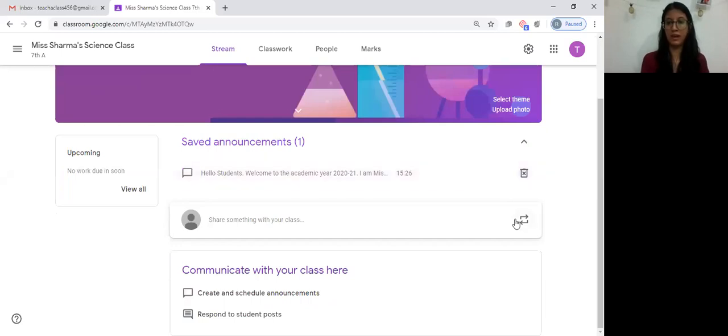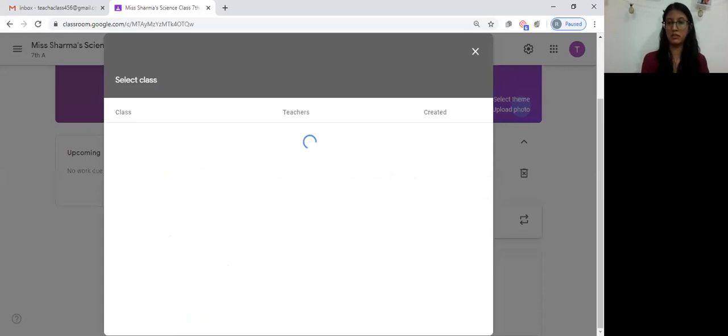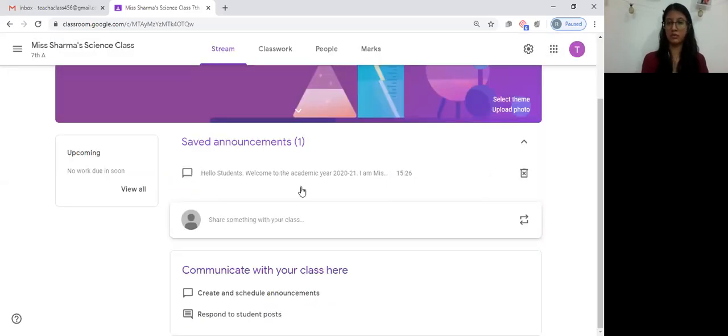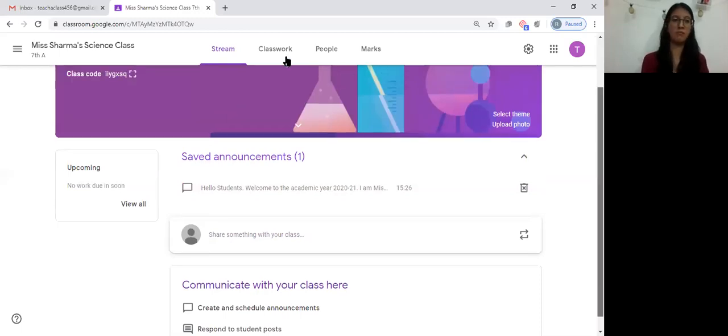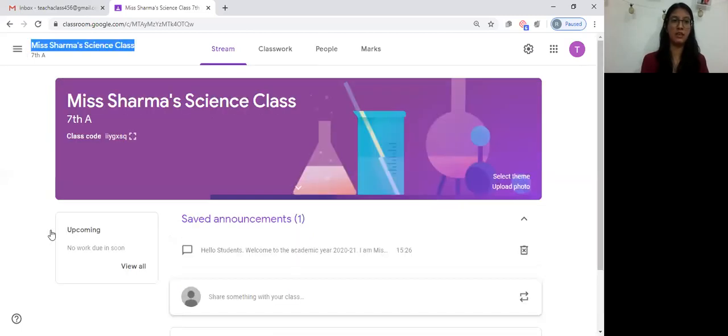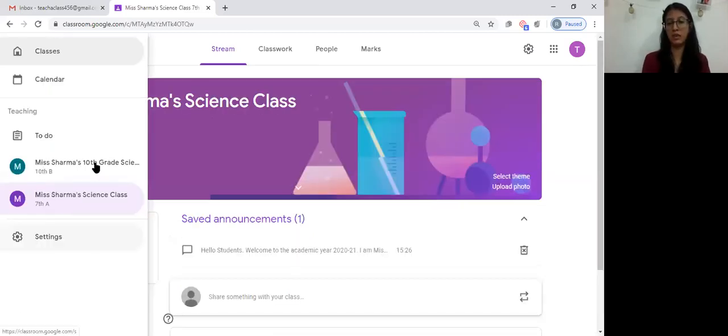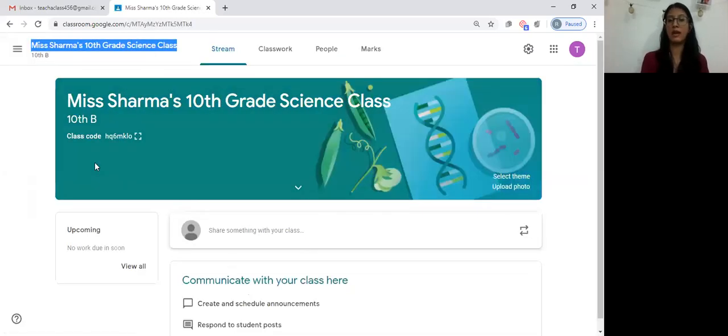So if I have to reuse a post, correct? Say that this is a post that I have posted and I want to reuse the same post in another class. Now I have multiple classes, right? I have 7th A, then over here I have 10th B, and I want to use the same post in all the classes. I don't have to type it over and over again.